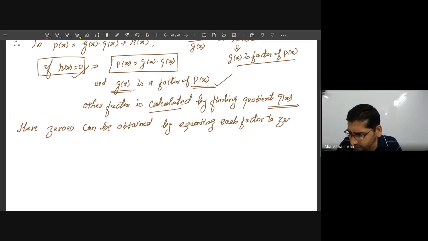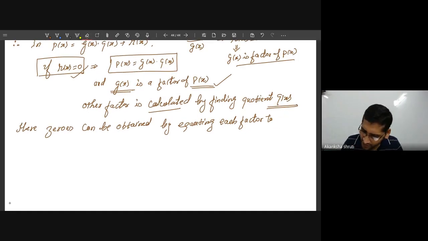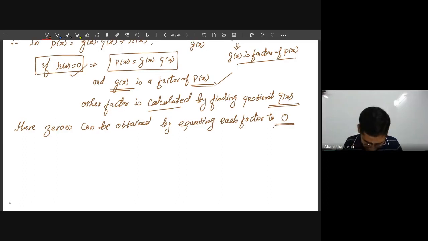To 0. Each factor to 0 means this 0. Okay, now this 0, understand what this is? This is an important thing. So how do we calculate the other factor and how do we know what their zeros are? Student, the very first thing is you have to convert a quadratic polynomial as the product of two linear polynomials. So these two linear polynomials will be the factors. After that, each of the linear polynomials has to be equated to 0. In that way, we can get the zeros.